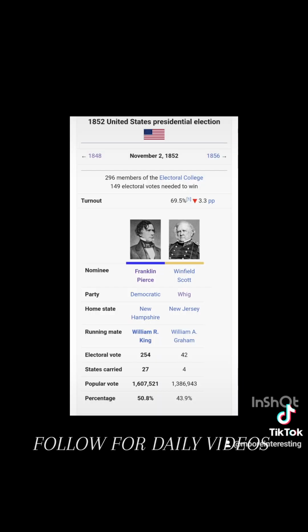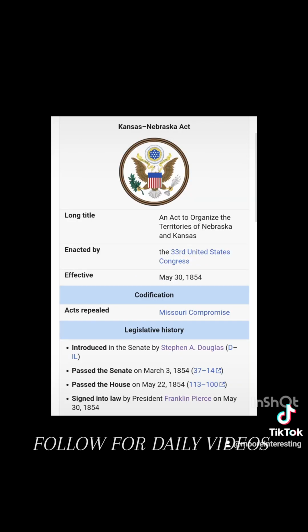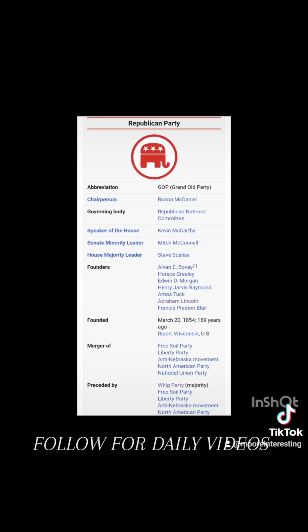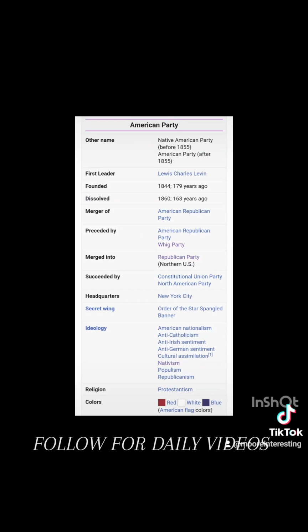Nonetheless, the Whigs suffered a decisive defeat in the 1852 presidential election, partly due to sectional divisions within the party. The Whigs collapsed following the passage of the Kansas-Nebraska Act in 1854, with most northern Whigs eventually joining the anti-slavery Republican Party, and most southern Whigs joining the nativist American Party, and later the Constitutional Union Party. The last vestiges of the Whig Party faded away after the start of the American Civil War, but Whig ideals